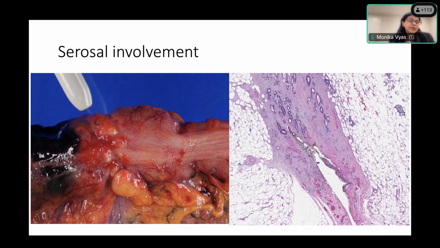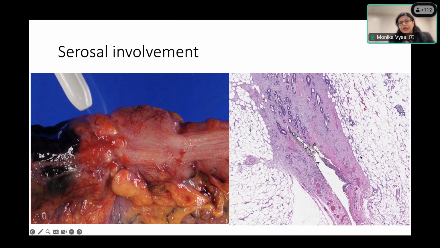And wherever you see the deepest extension, if you grossly can see obviously tumor extending on the serosa, you would submit that section, and submit multiple flanking sections. But what I would do is, if those sections do not demonstrate serosal involvement, or if there's only fibrosis in that area, I would go back and submit the entire puckered area, because involvement can be anywhere in this area. So that is one important thing. And the person who's grossing the specimen has to be aware of this, and make you aware of that in their gross description as well.